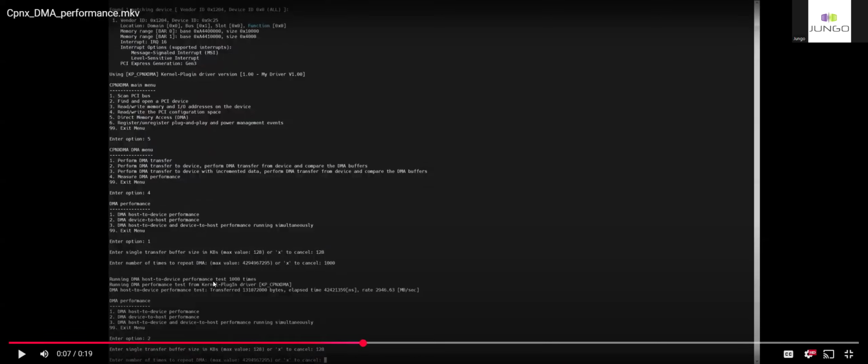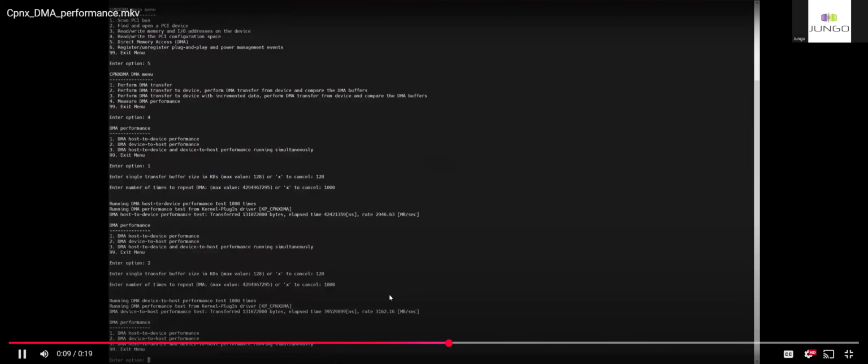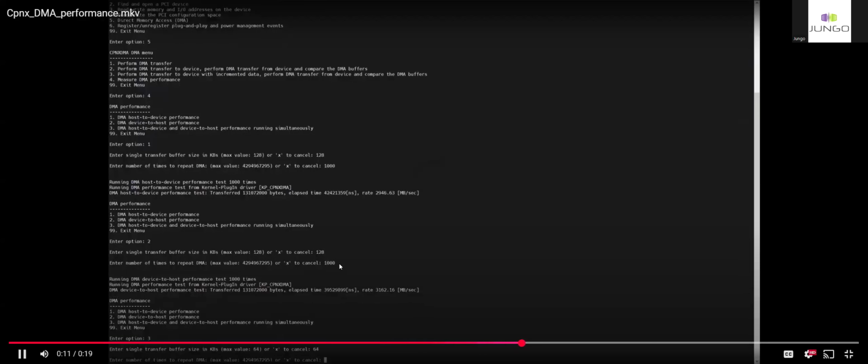and we got it. The DMA test ran 1,000 times using a kernel plugin. And here we can see how many bytes were transferred, in what time, and the rate. Now we are doing the DMA device to host performance, setting the DMA parameters, and again getting the performance